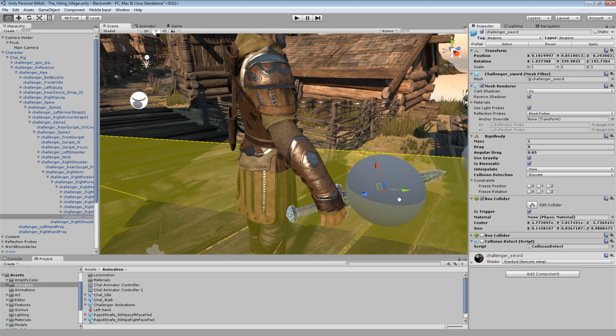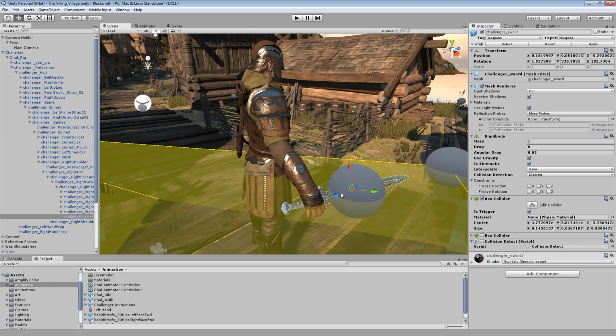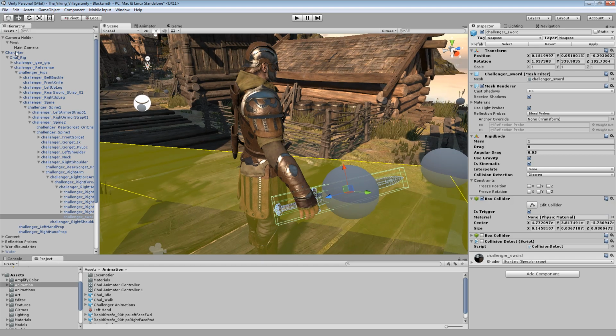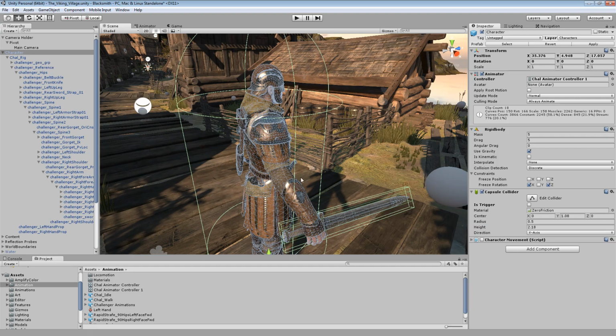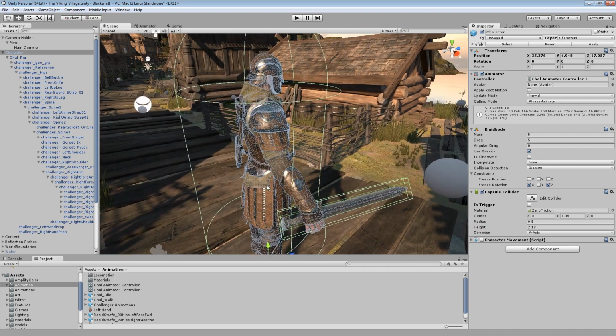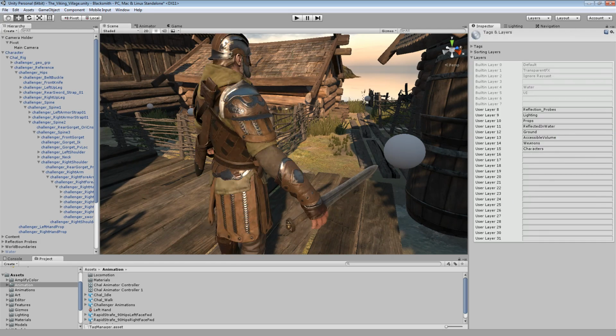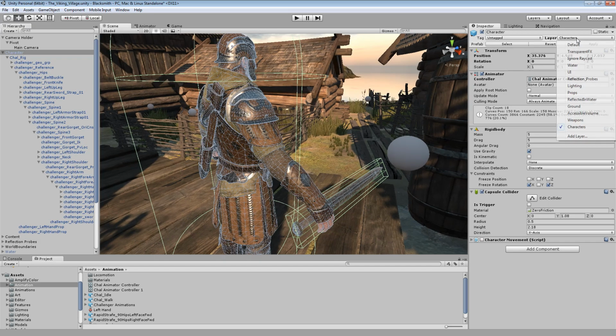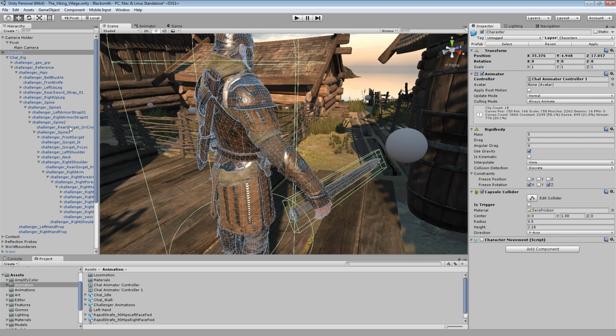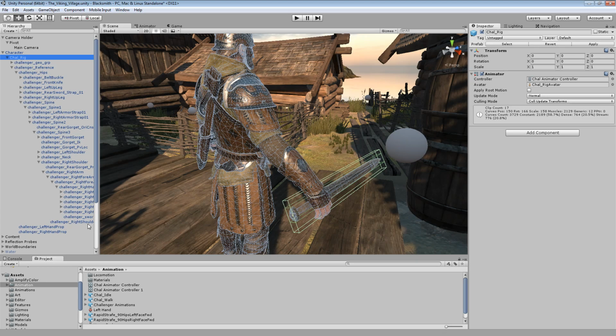Then this collider you will see later, and later the script we are going to write in a bit. Now one other thing we want to do is we do not want this collider and the colliders for our weapons to be interacting with physics with our character's collider, because we will start having a lot of strange behaviors. So in order to avoid that, we will create new layers, one layer for the weapons and one layer for the character. For the character, you will also go and assign the layer, which is characters, but you only want to assign this in this game object. So every collider over here will have a different